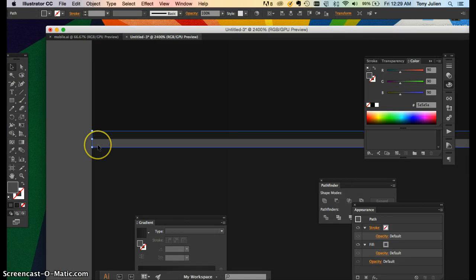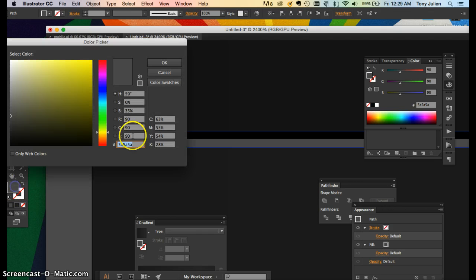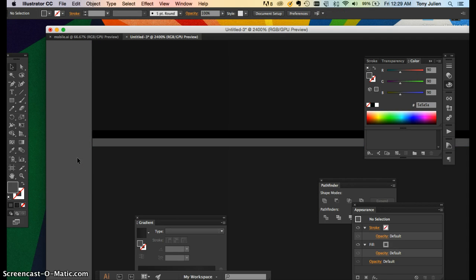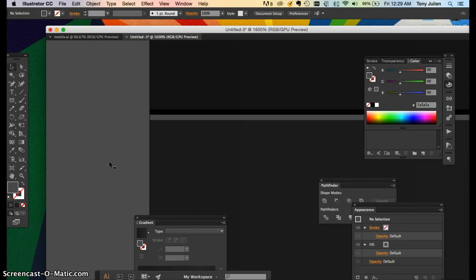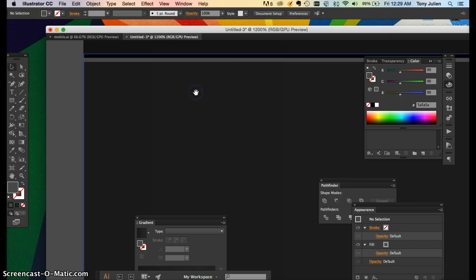Okay, so the shape that we just created, we want to select. So that was the first one. That should be black. And the second one we created should be 90, 90, 90. So when you double click on that, 90 RGB. Okay. So then what we want to do is select that shape in the middle, the big shape,